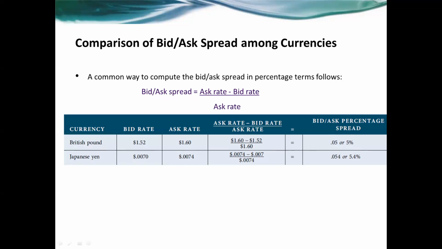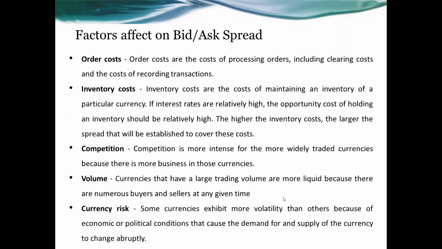So we identify this as the bid and ask spread. If it is more than 10% or so, that indicates the market is not running efficiently. There is a significant difference between the buying and selling rate, which indicates significant differences in the demand and supply of foreign currency. Therefore, we need to know what will happen to the demand and supply of foreign currency. But before moving to that point,